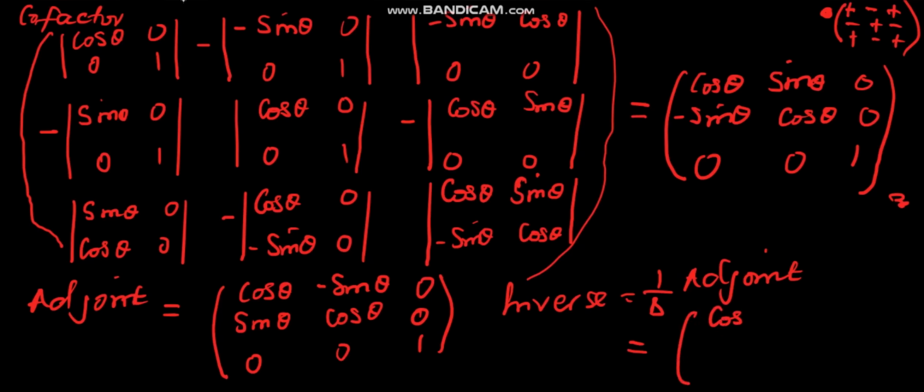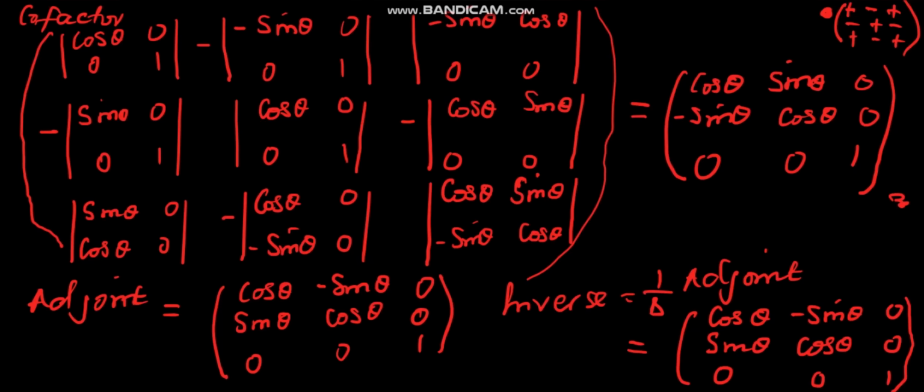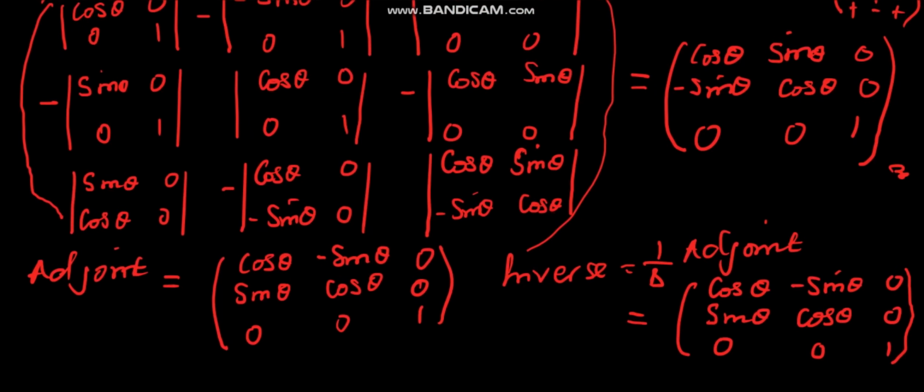So the inverse here will simply be equal to cos theta, negative sine theta, 0, then 0, 1 this side, then we have cos theta, sine theta, 0, 0 there. So we can close this side. This matrix that we have here is the inverse of the matrix that we're looking for. Okay, let's go to the next